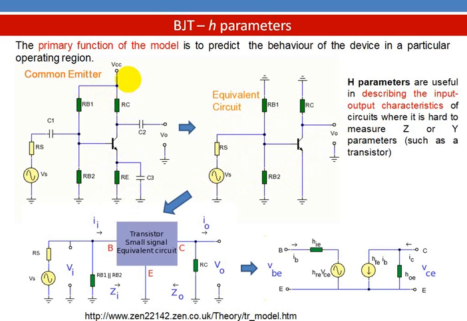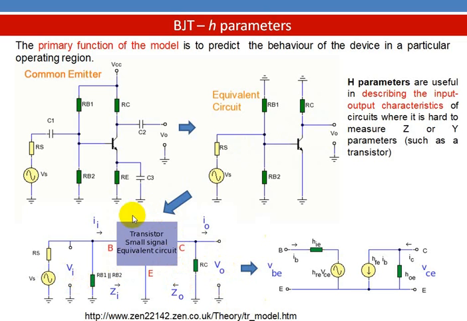So now this further can be drawn like this. So that is the input source and resistance. This one as is shown, and the equivalent resistance is RB1 parallel with RB2 is shown here. And here the transistor, we have to use the equivalent model here, and the output we have resistance RC. So input we are giving here, output we are getting here.